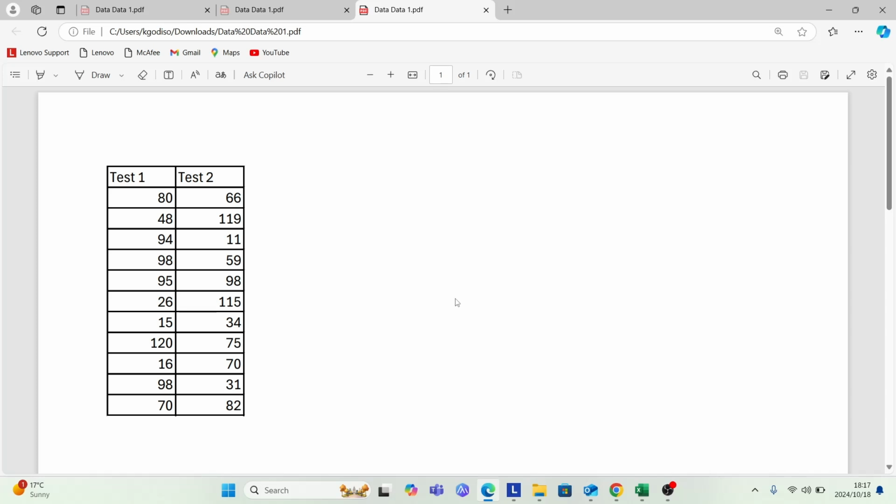So this video is going to talk about how to copy data from a PDF into an Excel. So let's say maybe you want to work with this data and you do not want to do that automatically. So to copy data from a PDF into an Excel, just go to Excel,